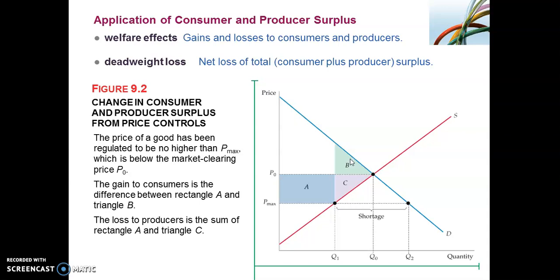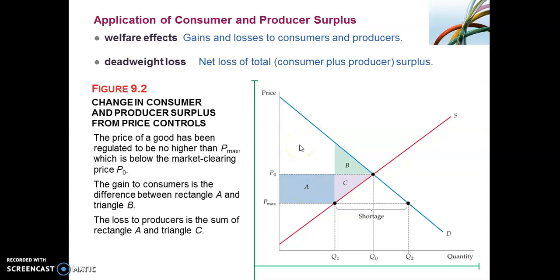And producer surplus changed from this big triangle to this little triangle. Block A, which formed part of producer surplus before, has now formed part of consumer surplus. This is now your consumer surplus area. As a result of your producers getting a lower price P max, those that had a lower marginal cost and were able to stay in the market now only receive this as the producer surplus, and this is transferred